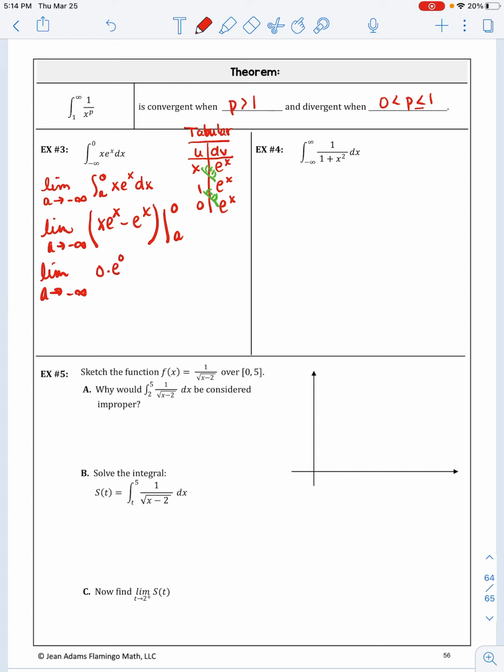This is going to be 0 times e to the 0 minus e to the 0, minus a times e to the a minus e to the a. And of course, this turns to 0. But this one is negative 1, right? So be careful there. The limit as a goes to negative infinity. This is going to be negative 1 minus a times e to the a plus e to the a. And so now, if I put negative infinity into this,